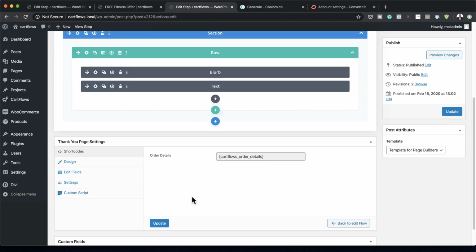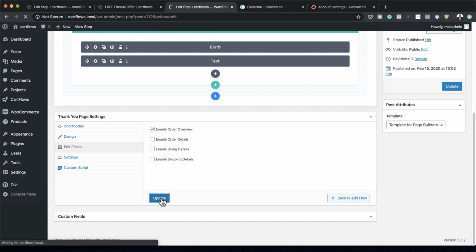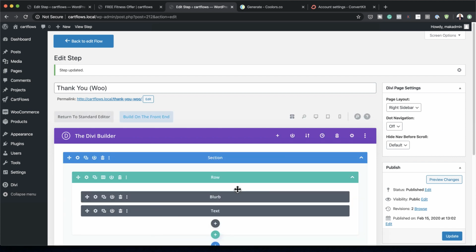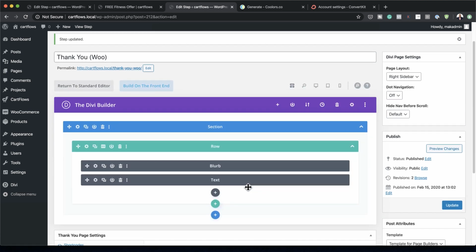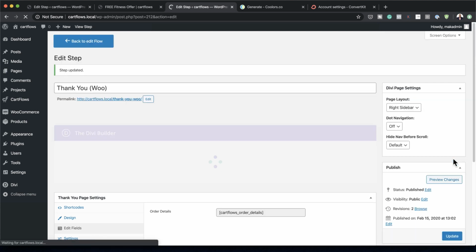Now I can also do a few things here, but to be honest, I normally leave this as it is. So I could actually come over here and let's say I go to edit fields. I can disable all these shipping details. I can disable that, and order details. Click update. But of course, if it's a physical product that you want to ship away for free, you can always do that. Leave these on so they can see the order summary. So now that all this is done, I'm going to click update. And we're going to take a quick look at